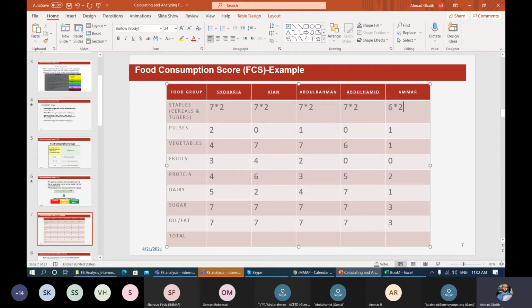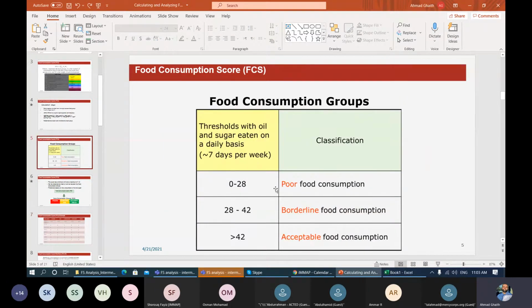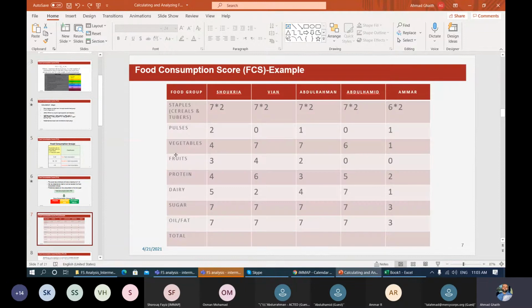Sometimes it can be a data collection error, and then we want to check that. If somebody is genuinely eating very few staples, that's a big issue, because this is often also the cheapest calories available, as I'm sure you all know. So as you can see, most of you are halfway to being above the 28 for the poor consumption line, because you have now 14 with these. Amar, Asif, you're a little low, but you will see.